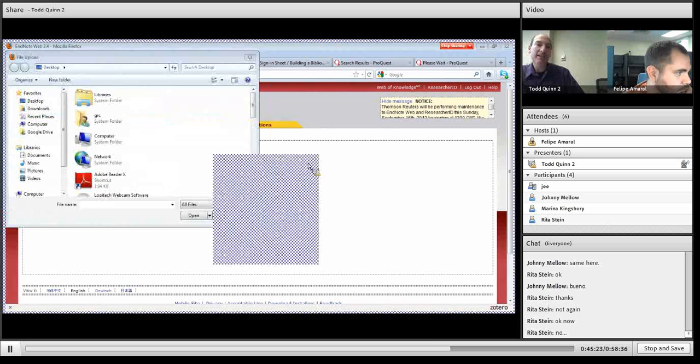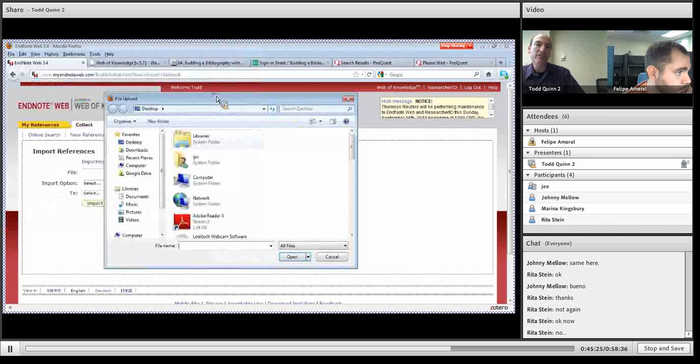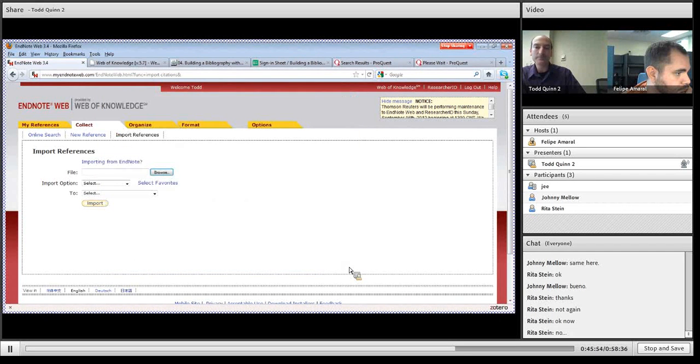So you hit collect, and then over here you select import, and then you should get this interface. And this is where you browse to find your file, wherever it goes, in your downloads, find it that way, but just make sure all files is selected, because the file type is called a .ris, which is really what we call a machine readable file, because you normally are not going to want to read it. So once you find your file that you downloaded,